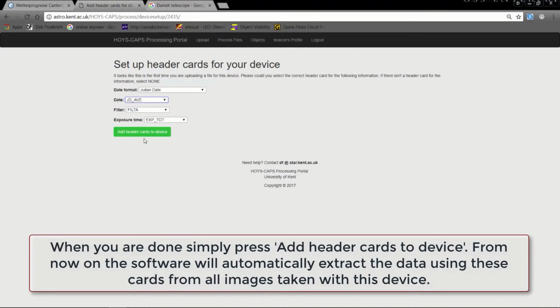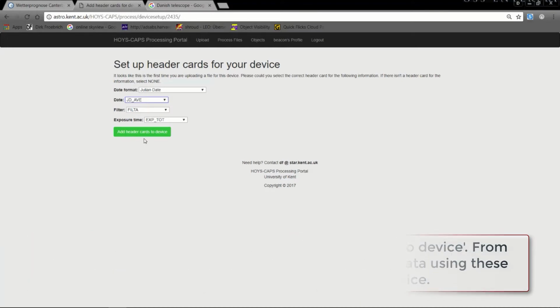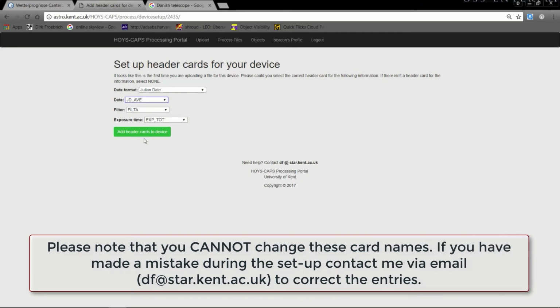completely automatically. Please note that you cannot change the entries of the FITS header cards. So once you press submit, all these entries are fixed. They cannot be changed. If you've made a mistake, then you need to contact me on the email address that is here on the screen